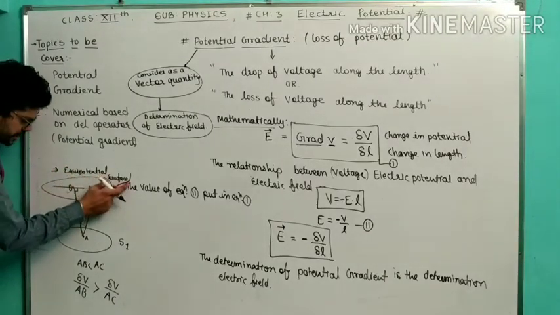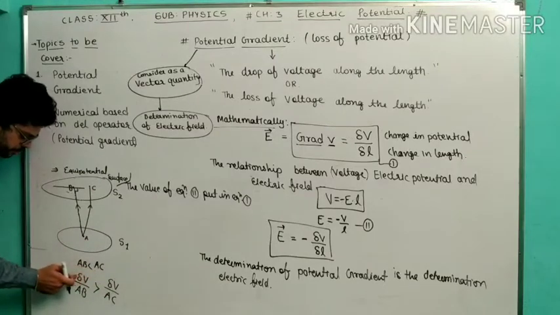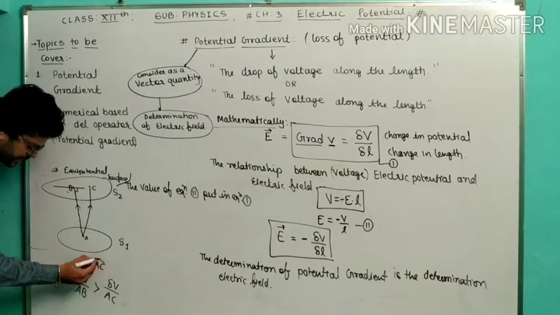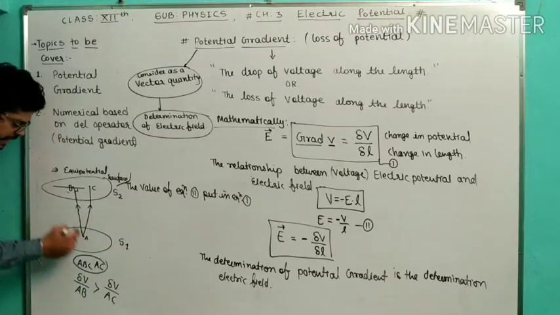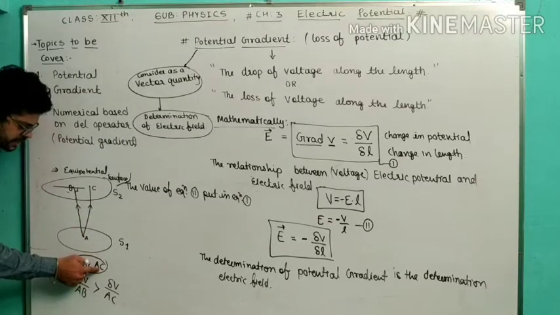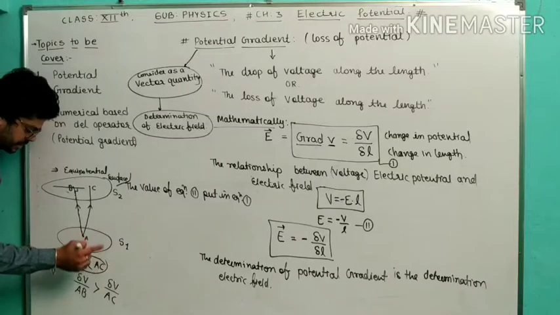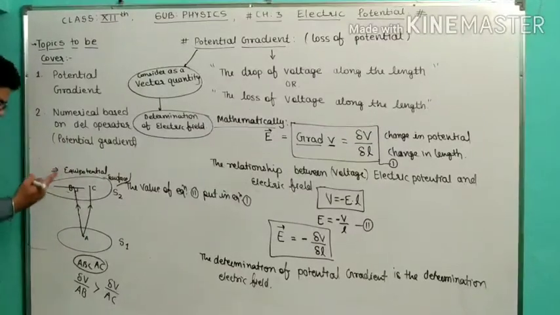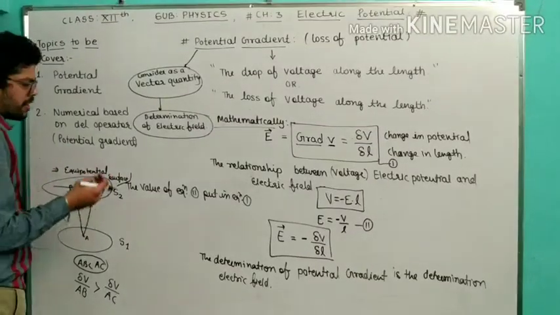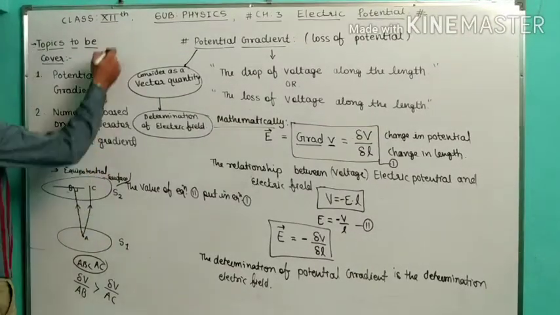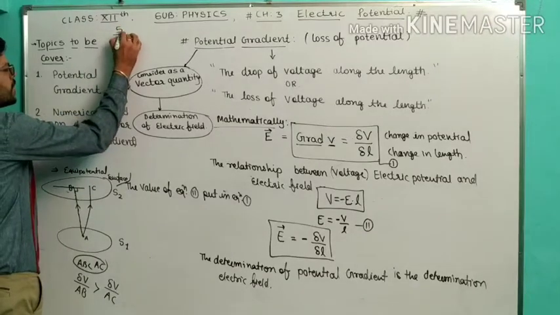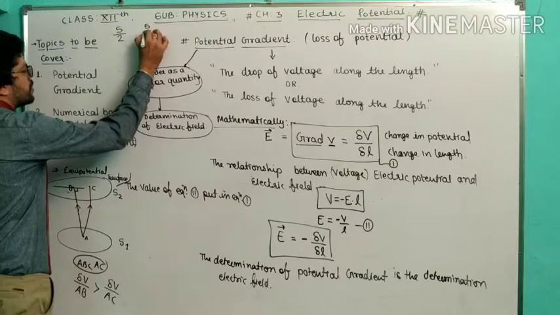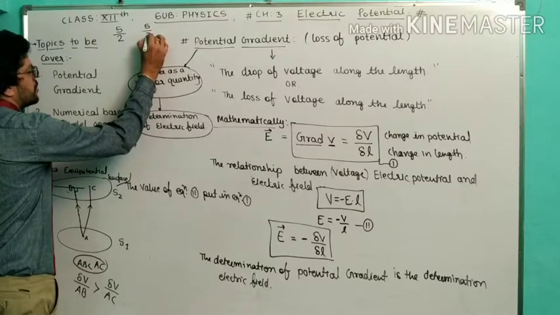As you know, on an equipotential surface the potential is the same. And here the length is maximum. Now the length will decide. If the length is maximum, then try to understand the potential gradient: the potential gradient is minimum, by which the loss of potential is minimum. Suppose this is 5 and this 5 is divided by 2, and this is 5 and it is divided by 3.